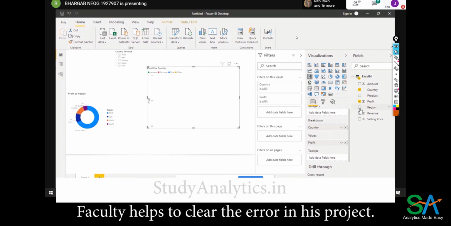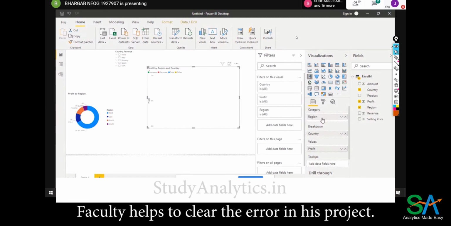Okay, values you have. Breakdown is country and just scroll up. You have something called category, right? Category, yeah. Yeah, you have to add region there. You got a different one because you are checking profit by region and country, but if you change the breakdown, the breakdown is coming according to the country.